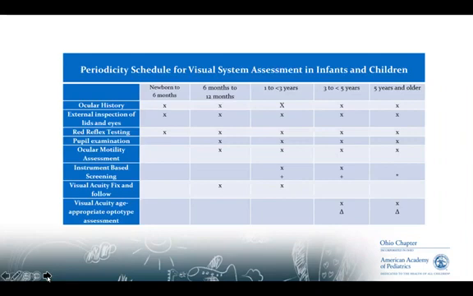Beginning at 6 months, we should begin examining the pupils, as well as doing some form of ocular motility assessment. Beginning at age 1, we could be doing some instrument-based screening, and also visual acuity fix and follow. And then finally, beginning at age 3, an age-appropriate visual acuity assessment. And we're going to go over all of these in a little bit more detail next.